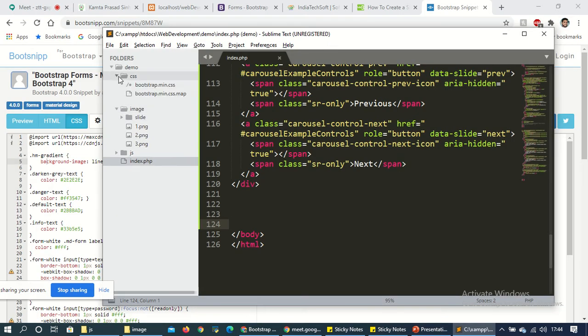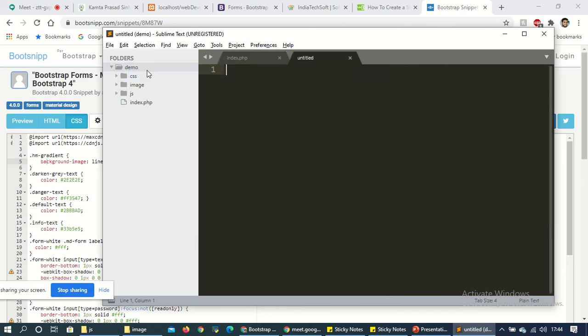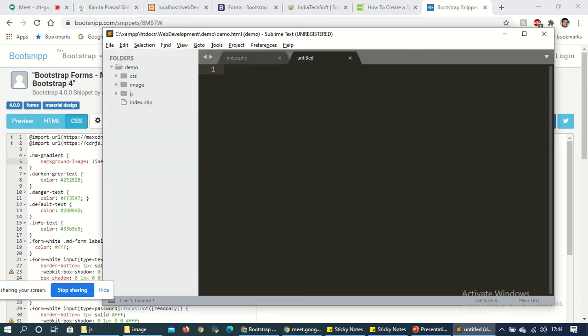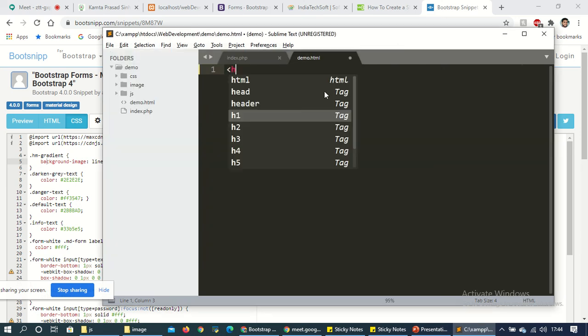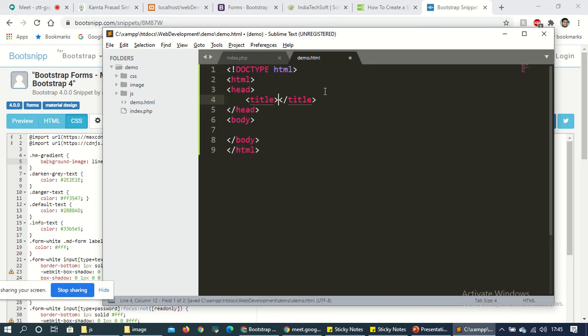Here I have to create one demo saved in a different location. So here, new file, save, demo dot html. And here html. I'm going to design this code.